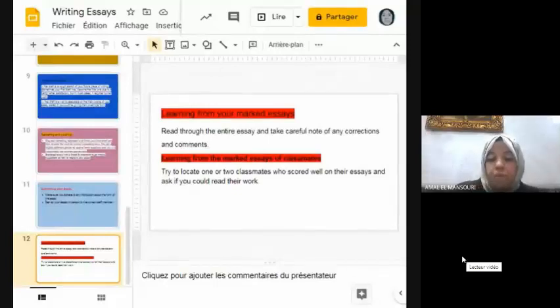The supporting sentences are like the meat, the most important part of your paragraph. So you should fill them with as much evidence as possible to support your topic sentence. Depending on the topic, you can use facts, statistics, examples, or you can use stories and quotes. Anything goes as long as it is relevant.